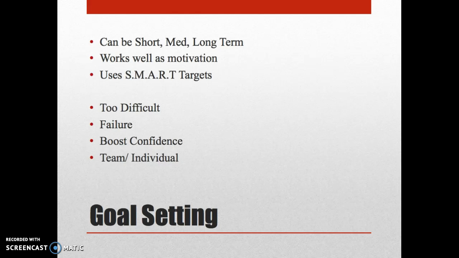Specific would be certain to a certain sport. Measurable being within statistical, so how many goals you score or percentage of pass completion. Agreed would be when it's been discussed with a coach or a manager to know that you're going to be putting forward this goal, and to help them either train towards it or to make sure that they keep the